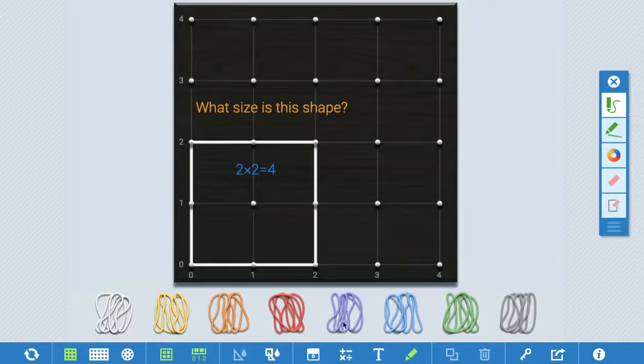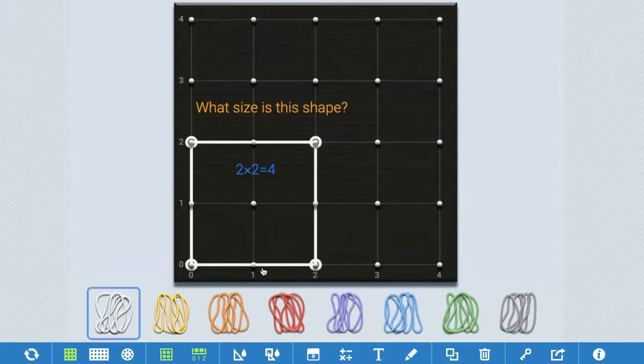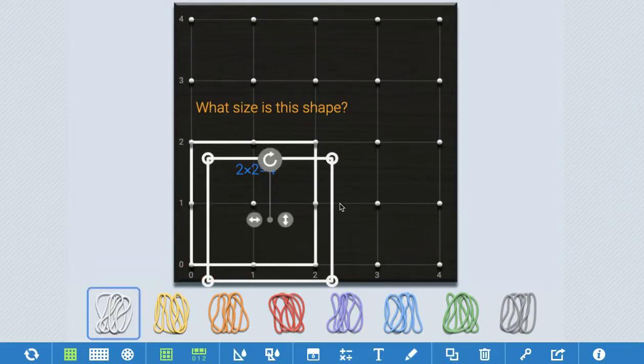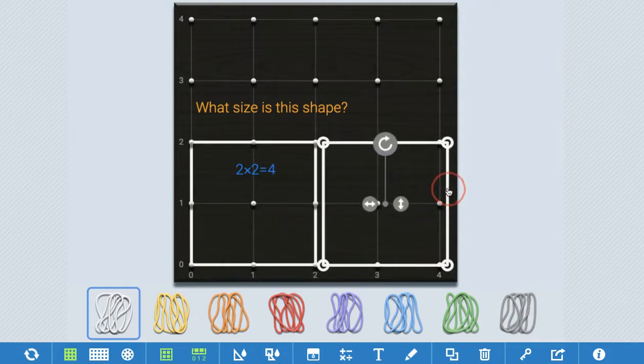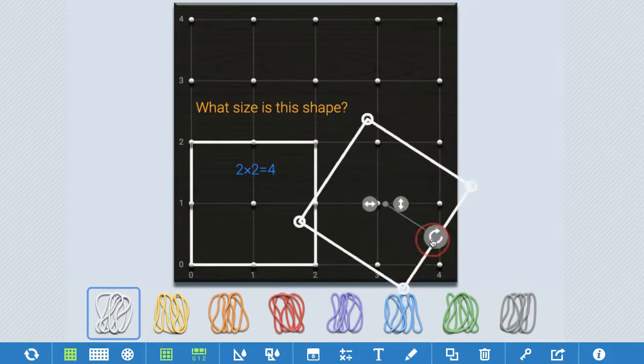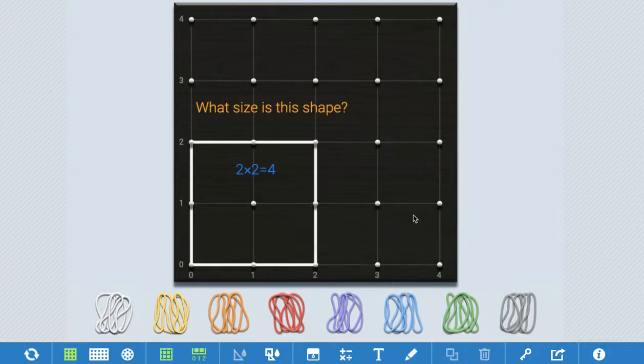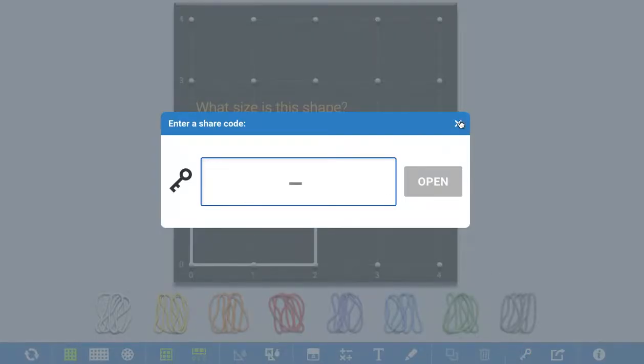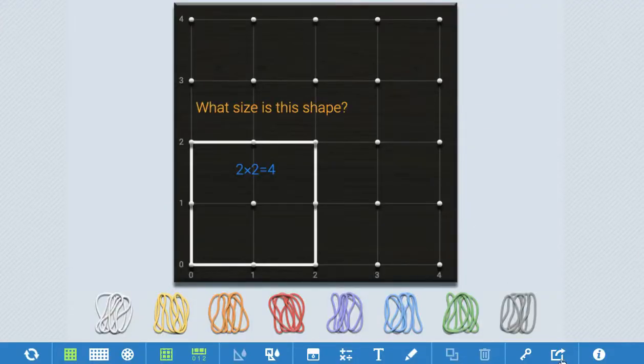You've also got the ability to copy, so if you just turn that tool off, if you select a shape, you can copy and duplicate shapes and reposition them, rotate them if you need to, delete them. The key icon at the bottom lets students join your class using a code,